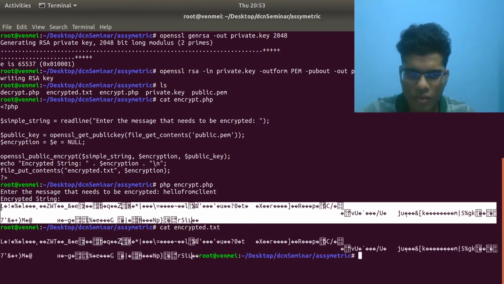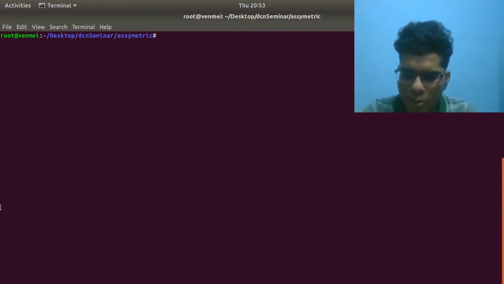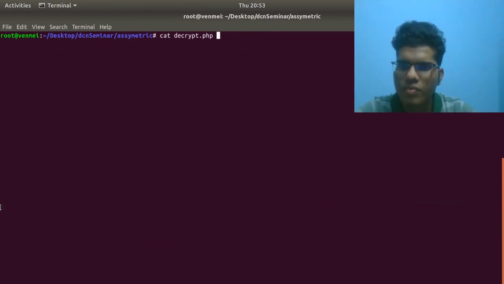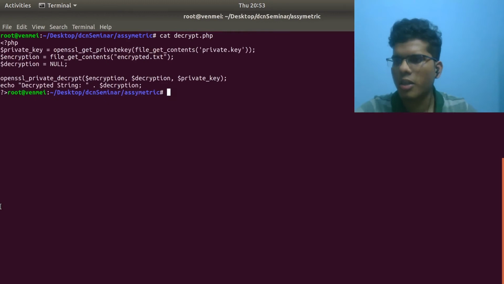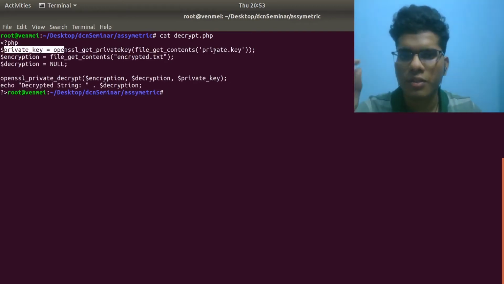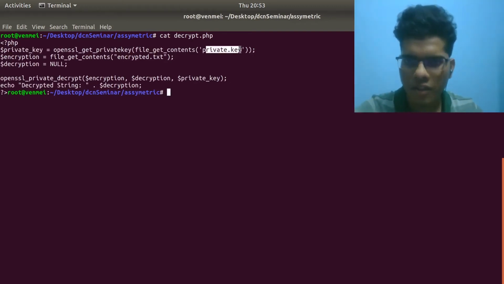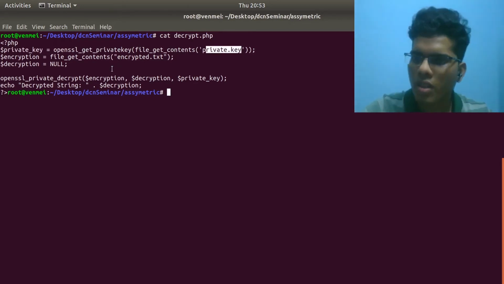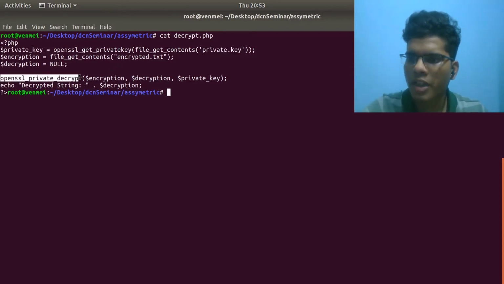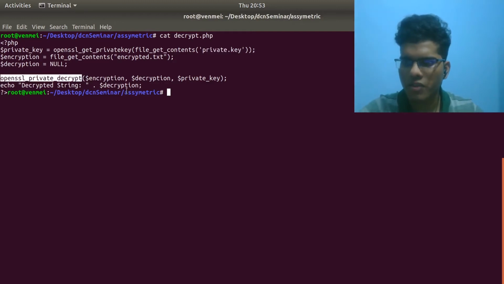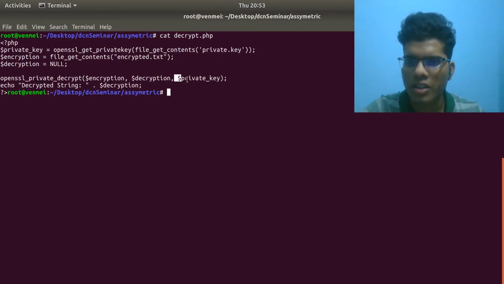I have stored this ciphertext in this file. Now let's try to decrypt this ciphertext back into the message. As you can see, this code has a private key which is read from a file, the private key file, which has the key which I have generated using OpenSSL. And openssl_private_decrypt is a default PHP function which has got inputs: one is the encrypted message, and the other is the private key.